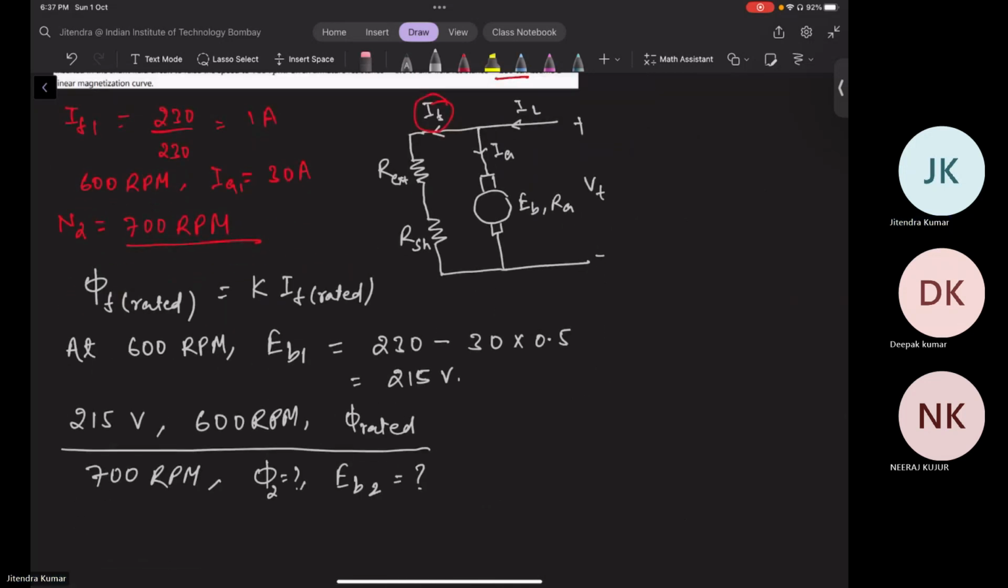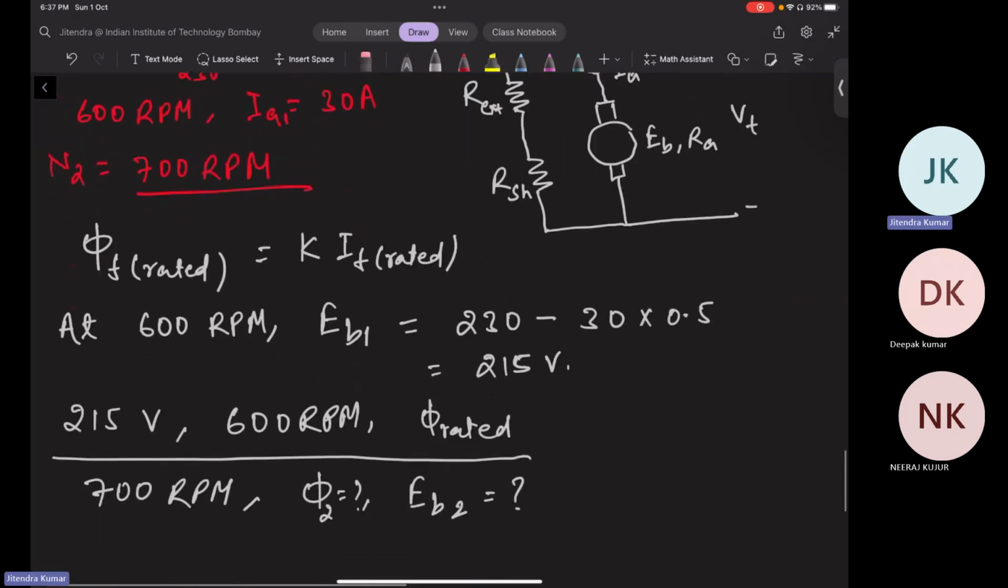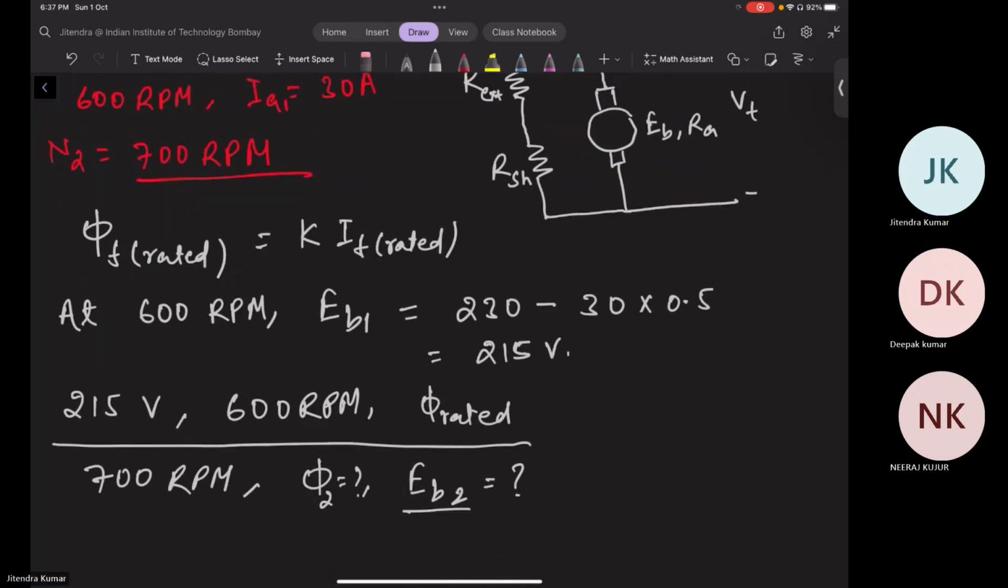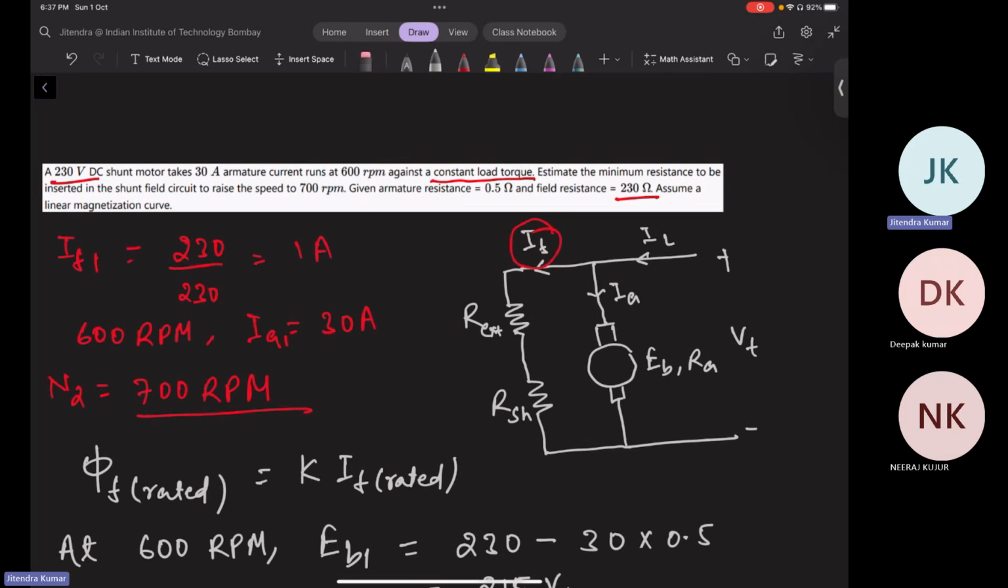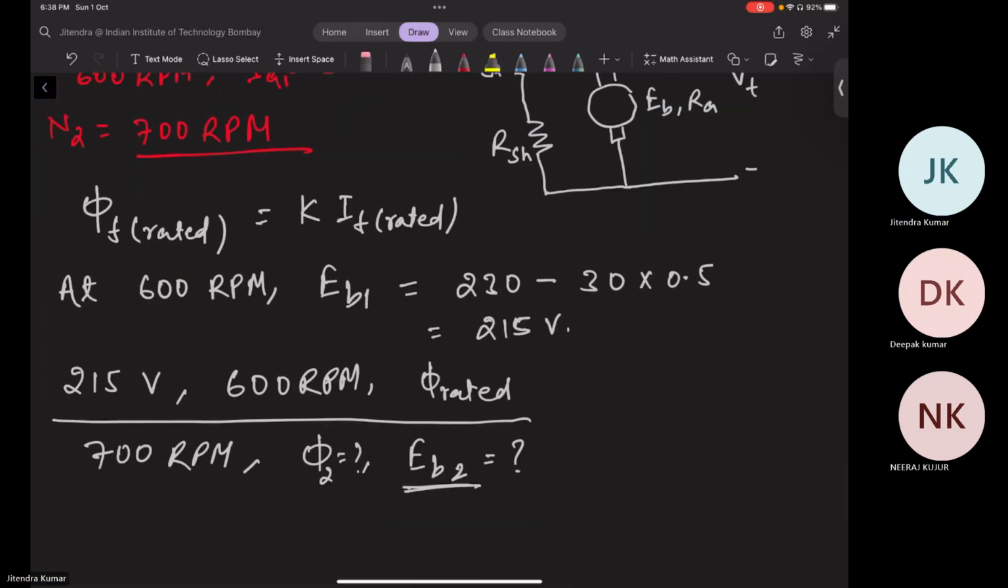But one piece of information is given in the problem. If you know the current, then you can easily find out the EB2. At EB2, you can find VT minus IA into RA. But current is not given in the problem, right? So torque remains constant. We will use the torque formula. Yes, exactly. So your load torque is constant. So since torque is constant,